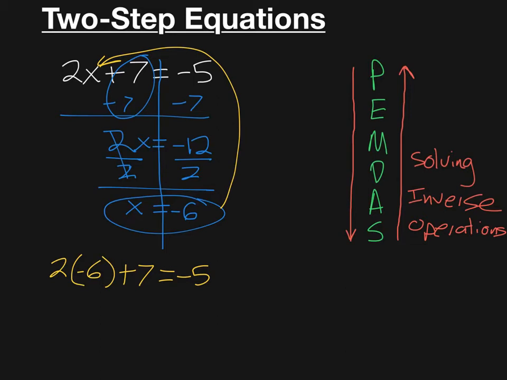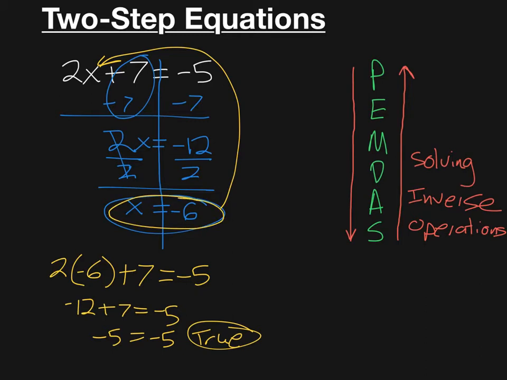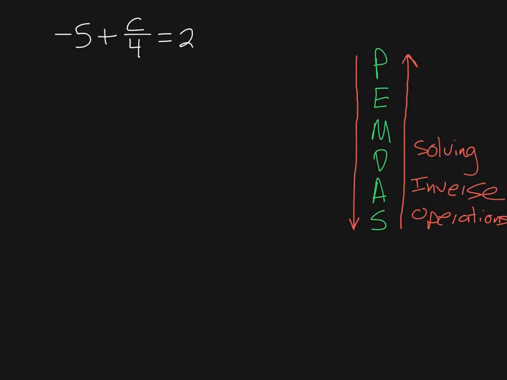So 2 times negative 6. Because we are evaluating, we go through the order of operations in the normal way. Please excuse my dear Aunt Sally. So 2 times negative 6 is negative 12, plus 7 equals negative 5, and negative 12 plus 7 does equal negative 5. So since this is true, we know that this is our solution. We can use this method, working backwards through the order of operations, to solve any two-step